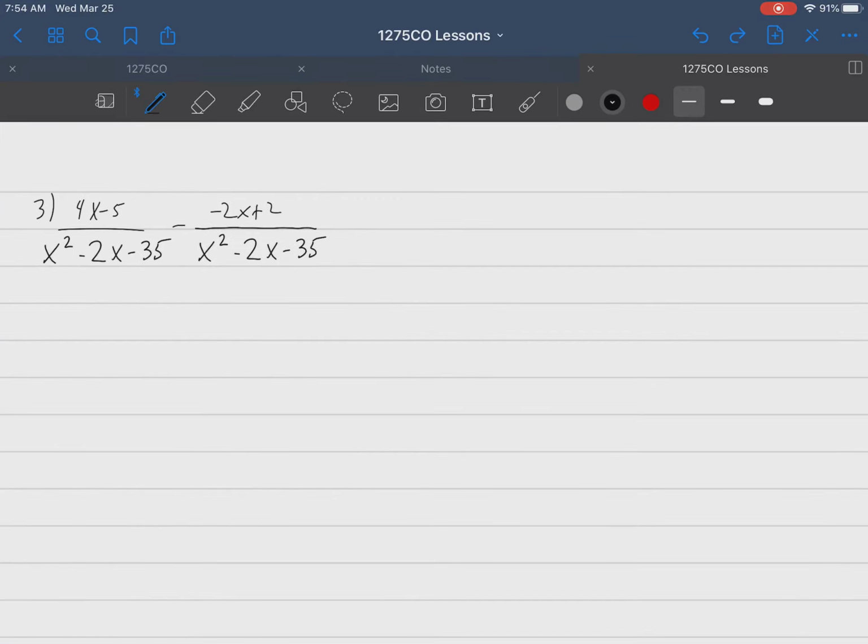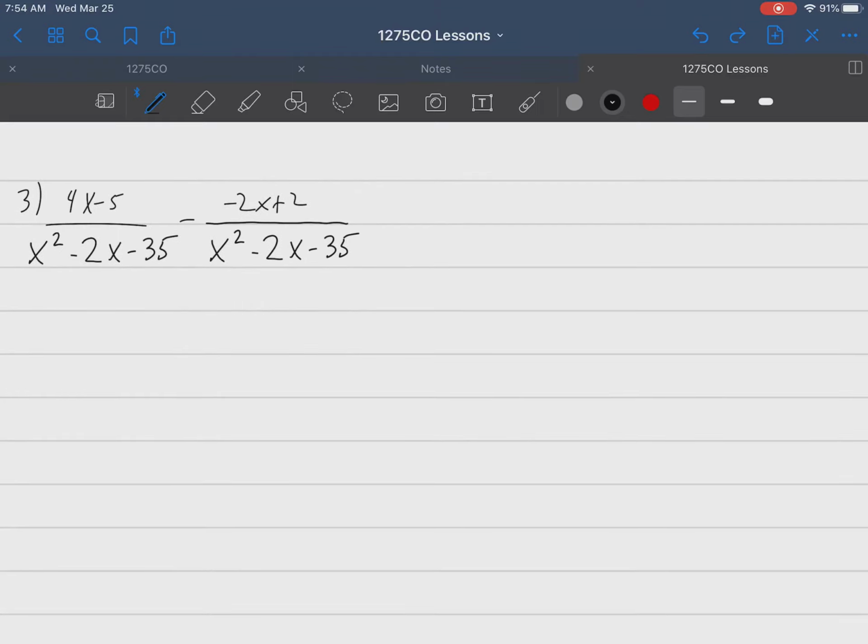So be careful with minus signs. Be careful with subtraction of rational expressions, because look how it's going to happen. We're going to get 4x minus 5. And once again, these denominators are the same, x squared minus 2x minus 35. So that means we can go ahead and start combining. Minus,